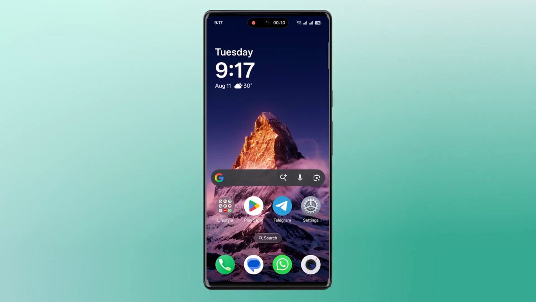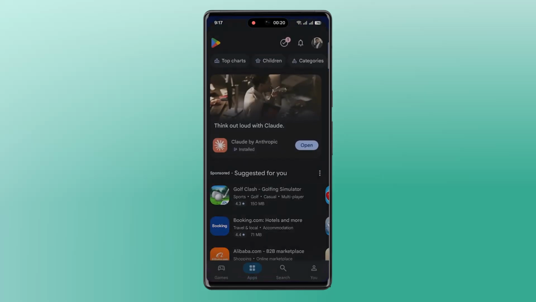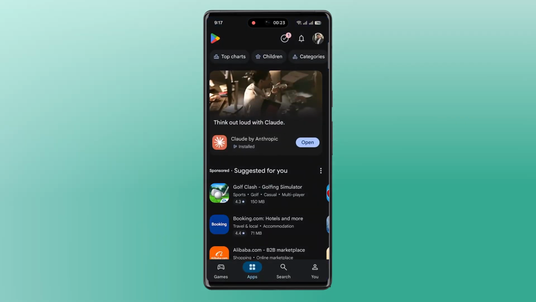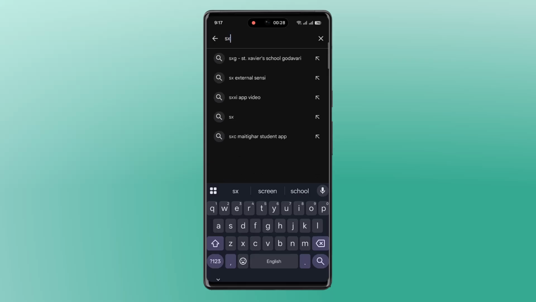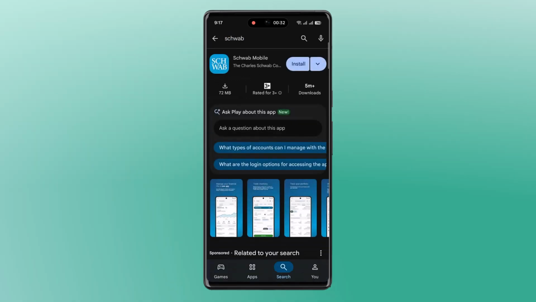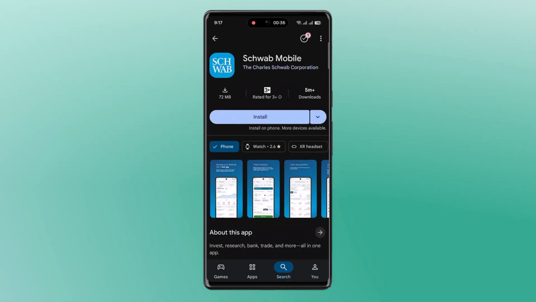In this video, I will guide you on how you can download Schwab app on your Android phone. So let's get started. First of all, on your Android phone, simply locate Google Play Store and open it up. Then from the bottom, double tap the search icon and just type in Schwab. When you do that and hit the search button, you'll find the first application from Charles Schwab Corporation, that is